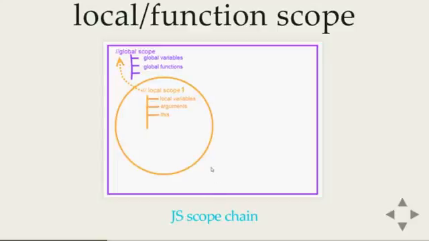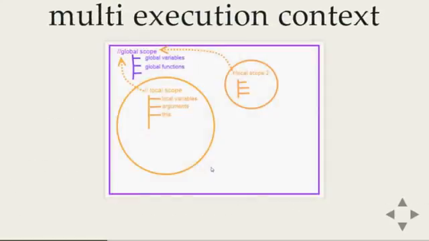Now if you have multiple functions, every single function will have a chain towards the global scope, in that way whatever your function is, you can walk through and get the value of any global variable, and you will only get access to the local scope variables inside that scope. So any variable in local scope 2, you cannot access it from local scope